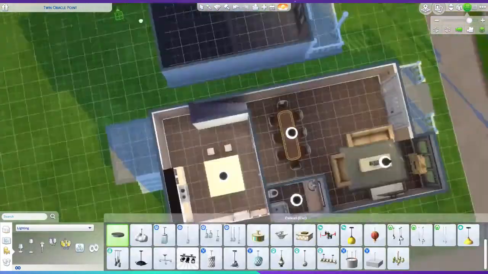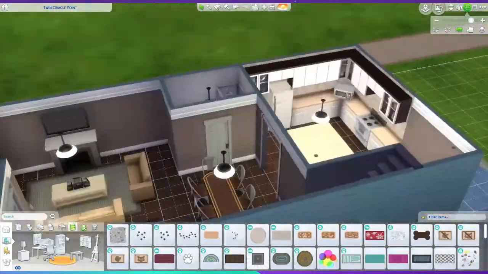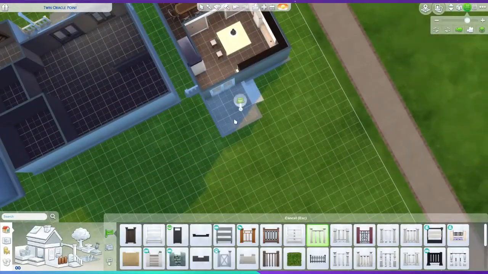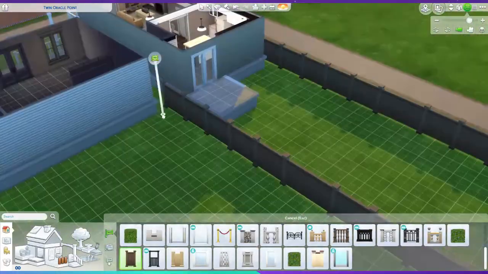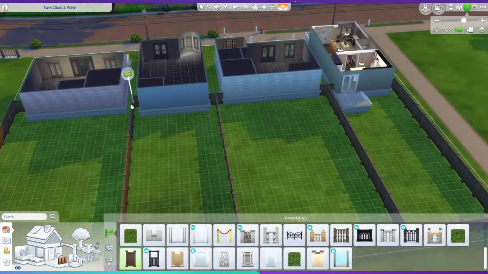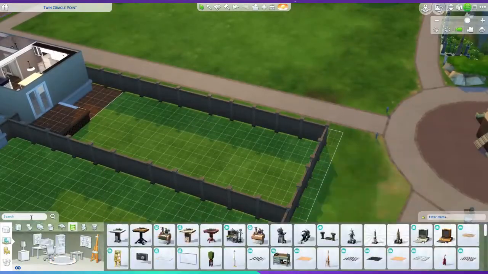Everything is kind of beige and basic, but they like to spice it up with their bubble blower and their good old dartboard. So yeah, I tried to make this house look kind of cheap, but not too cheap at the same time. It's still an expensive house just because of the area that it is. It's kind of big, there's 3 bedrooms, but it's not nice enough that a student couldn't afford it,